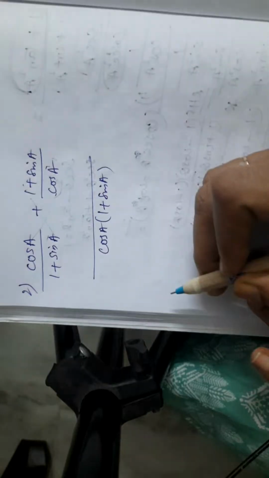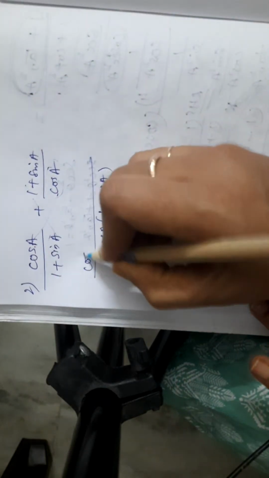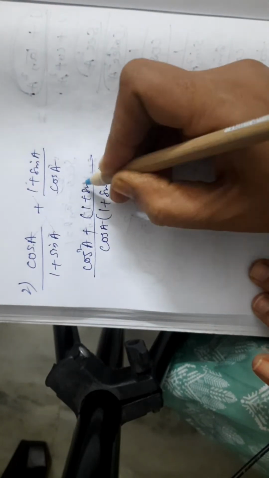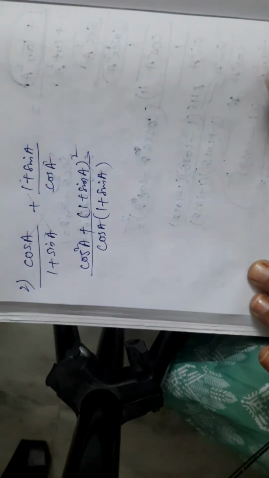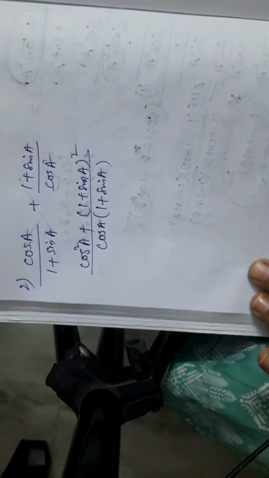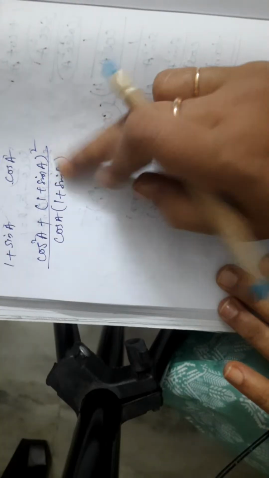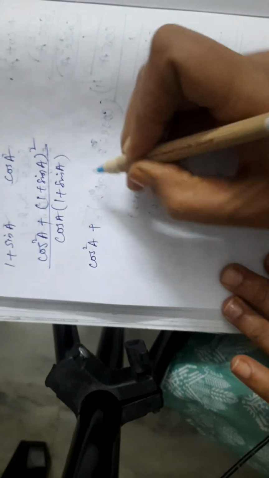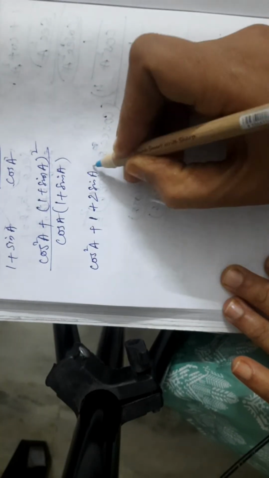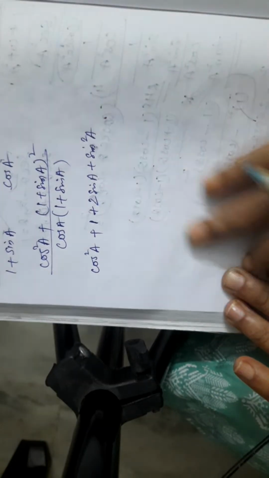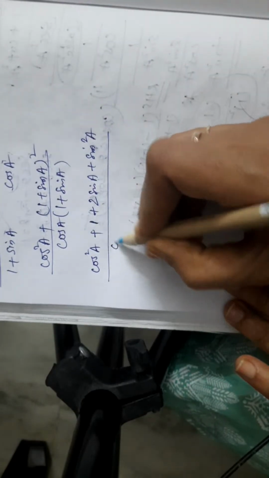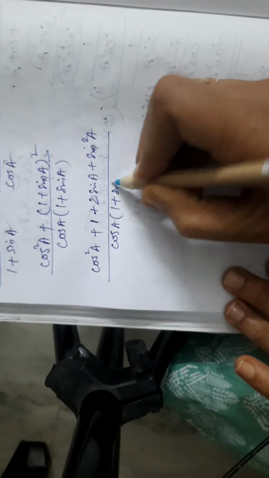या तो वैसे याद रखो या फिर डायगोनली इसको तुम मल्टीप्लाई कर रहे हो और इसको मल्टीप्लाई कर रहे हो। सो कॉस मल्टीप्लाई बाय कॉस इज कॉस स्क्वायर ए। वैसे ही अगर ये दोनों मल्टीप्लाई होते हैं तो ये हो गया 1 प्लस साइन ए होल स्क्वायर। सिंपल हमने दोनों का एलसीएम किया, इसको इधर मल्टीप्लाई किया, इसको इस तरफ मल्टीप्लाई किया। अब ये a प्लस बी होल स्क्वायर है, तो पहला हमारा हो गया कॉस स्क्वायर ए। अब ये 1 प्लस साइन ए का होल स्क्वायर, 1 प्लस 2 साइन ए प्लस साइन स्क्वायर ए, a स्क्वायर 2ab b स्क्वायर। आइडेंटिटी अप्लाई किया। नाउ कॉस ए 1 प्लस साइन ए।